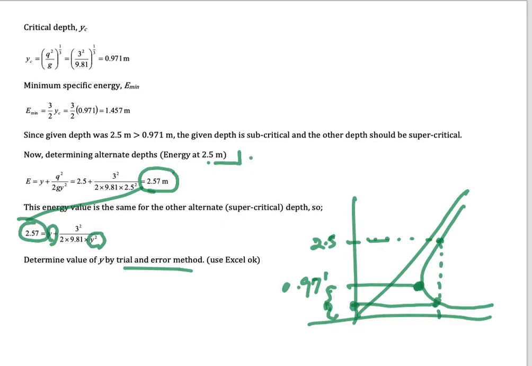Okay, please do not make the same mistake. You need to know which region you want to calculate, and then you could assume the value. In this situation, the value must be between 0 and 0.971. So if we use the try and error method, we found that it is,